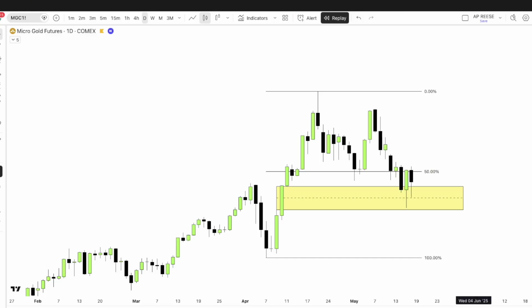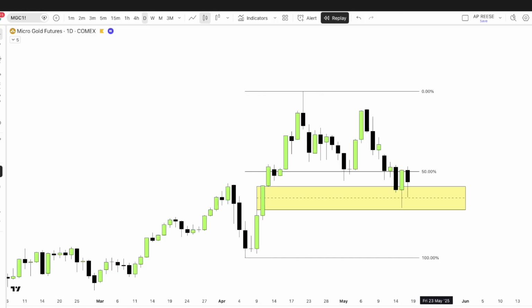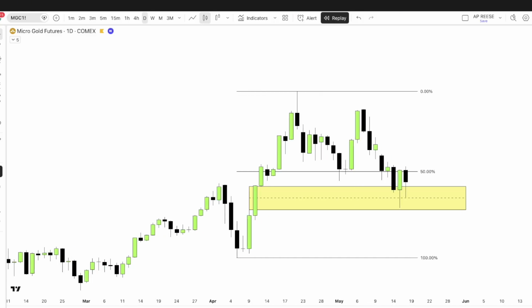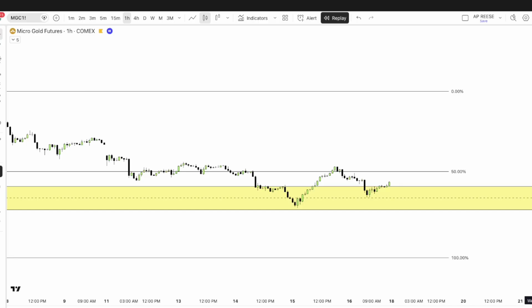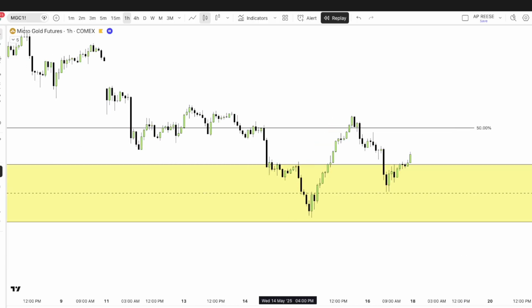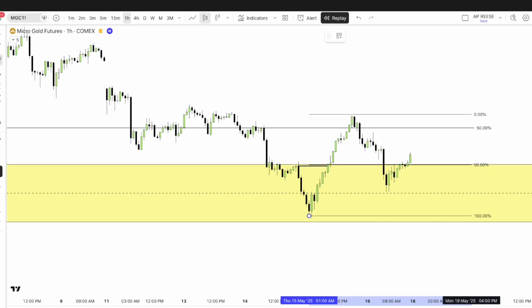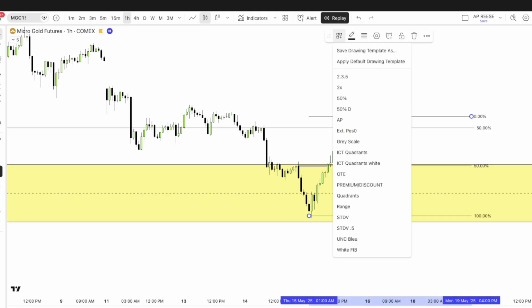You can see price came down inside this range, and now we have a swing low. In order for price to be bullish, I need to see price break structure on a 1 hour time frame to show me that we want to continue higher. As you can see here, on the 1 hour time frame, price gave us a change of state in delivery, and then price came right back down and gave us an optimal trade entry here, which would be price coming to a 62%,